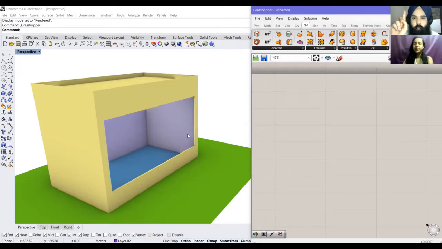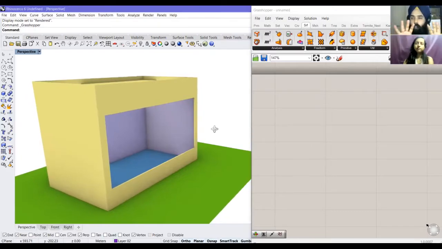So before you go on, Santrupti, for all the viewers watching this, I want to tell them very clearly that Grasshopper, if you have not done it before, is going to be a little counterintuitive, or a little different for you. But once you understand how this platform works, how the engine works, it's going to be really making your life easy. So watch on till the end, because every step is going to be described for you to understand how this new paradigm of design is going to work. So Santrupti, go on. Actually, Grasshopper is very logical.